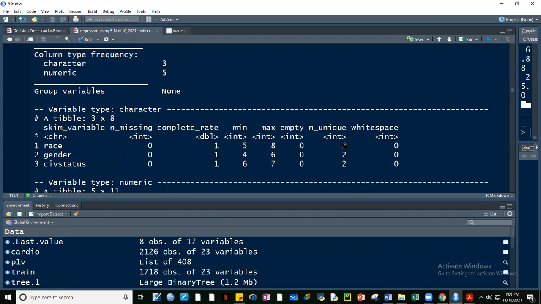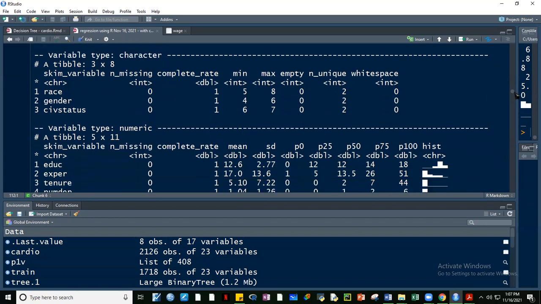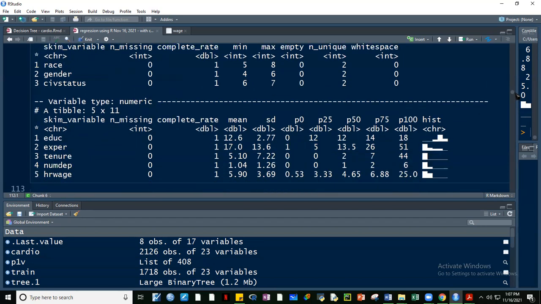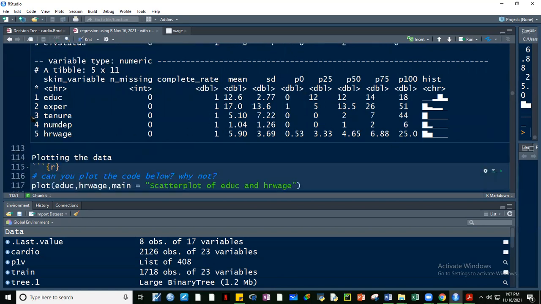minimum, maximum, number of unique. Okay, number of unique, yung race, dalawang level siya, dalawang klaseng values. Okay, ito yung white and non-white. Gender, male, female, kaya dalawa din. Civil status, single or married. Okay, so not much information about the character variables, qualitative. So sa mga quantitative, okay, ito yung mean, standard deviation, minimum, first quartile, second